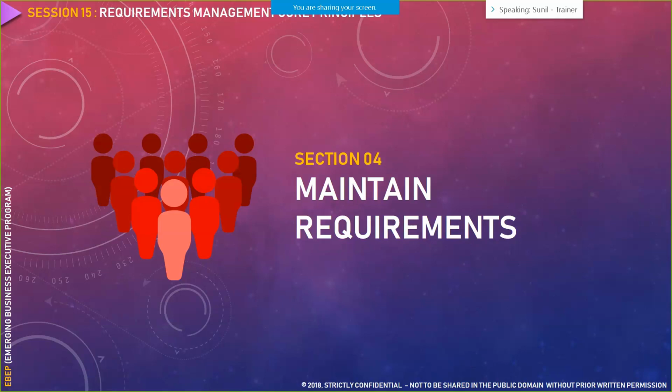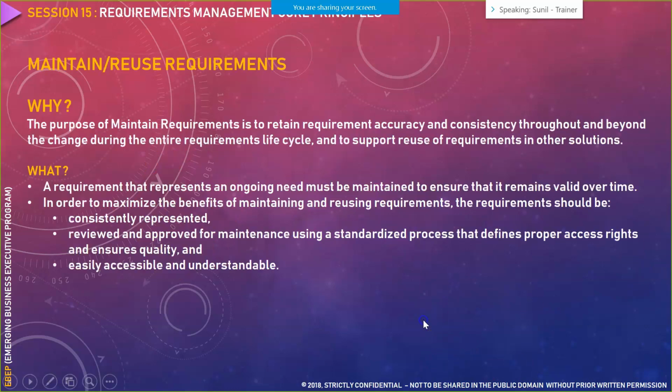The next task that we do in requirement traceability is we maintain the requirements. Now we have traced the requirement, now we maintain the requirement. Why do we need to maintain the requirement? One of the primary reasons is reusage of that particular requirement, to retain requirement accuracy and consistency. If there are any new requirements coming into the project, we have to maintain it so that there is no complexity or ambiguous situation in that project around missing of a particular requirement.